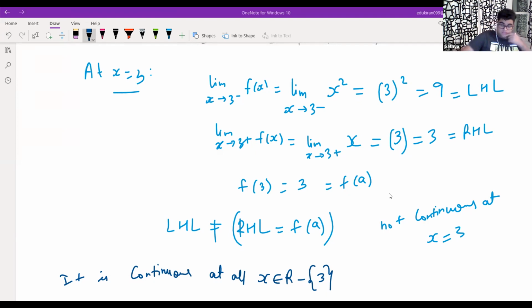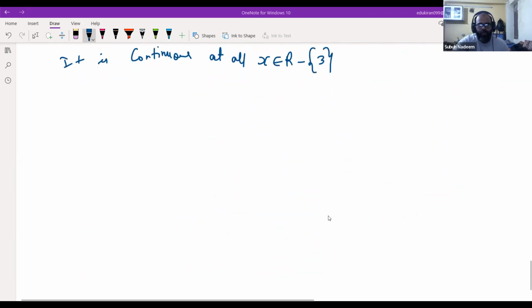That's right. So what we understood is that at doubtful points we need to check, but it is not certain that at a doubtful point it will be discontinuous. That we will confirm after checking. Okay, now the next one, the last question, was